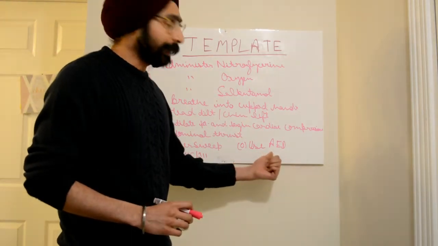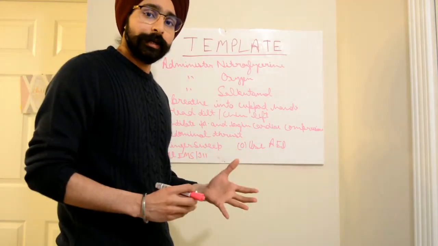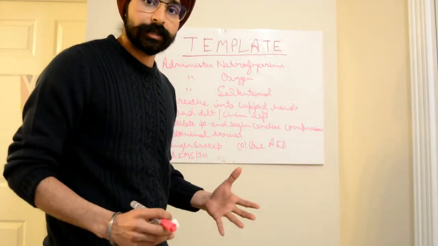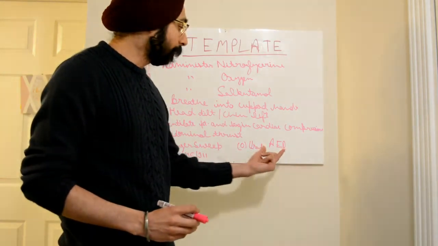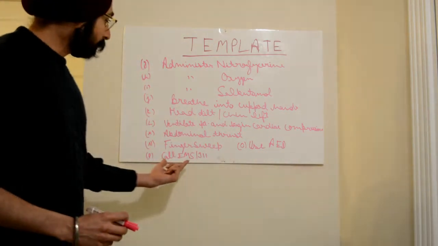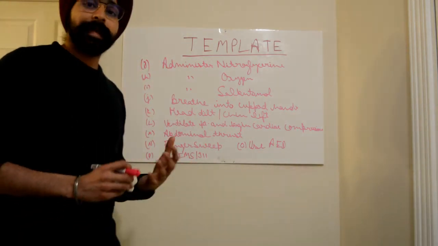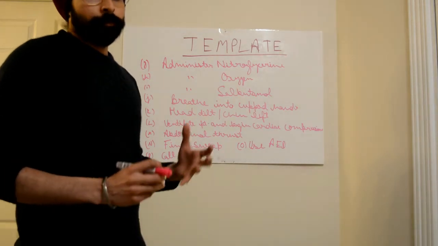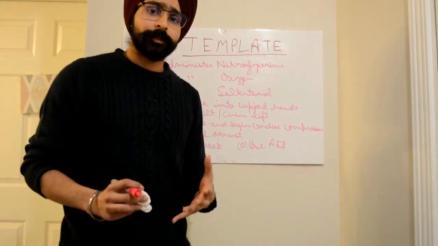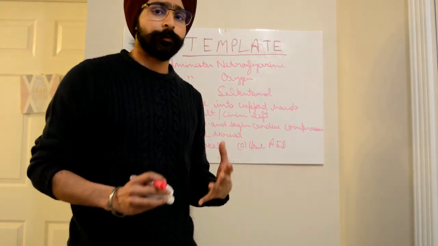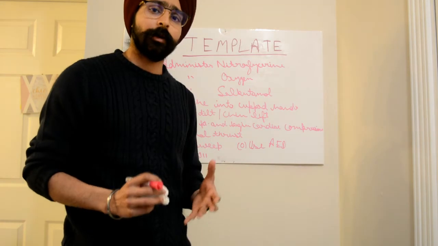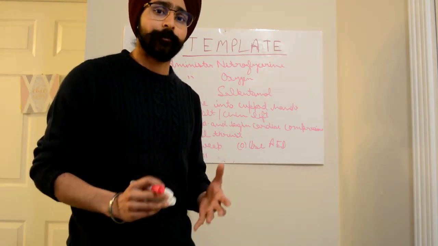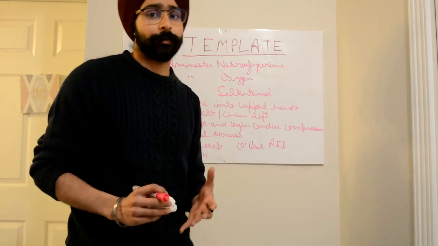Next is use AED. AED means automated external defibrillator. For example, if a patient has cardiac arrest, so as to revive the patient, we will use AED. Then is call EMS, that is Emergency Medical Services or 911. Guys, you will see that in the upcoming section there will be many situations where you will have to call 911 or emergency medical services. Now let's start discussing each and every emergency in detail one by one.